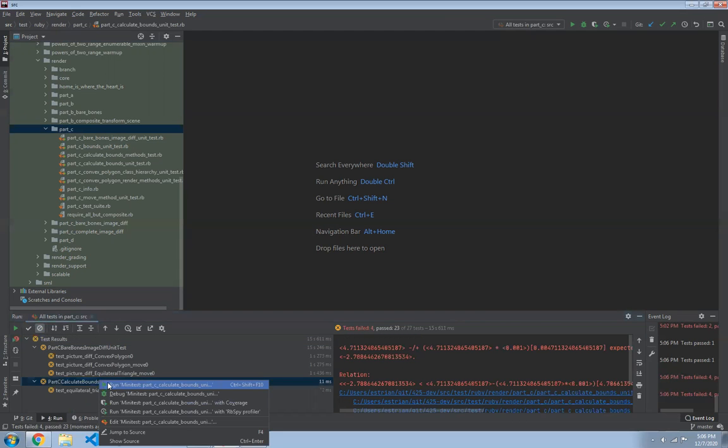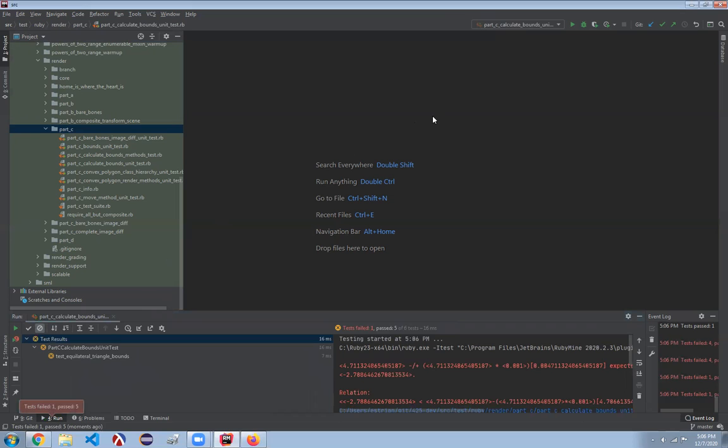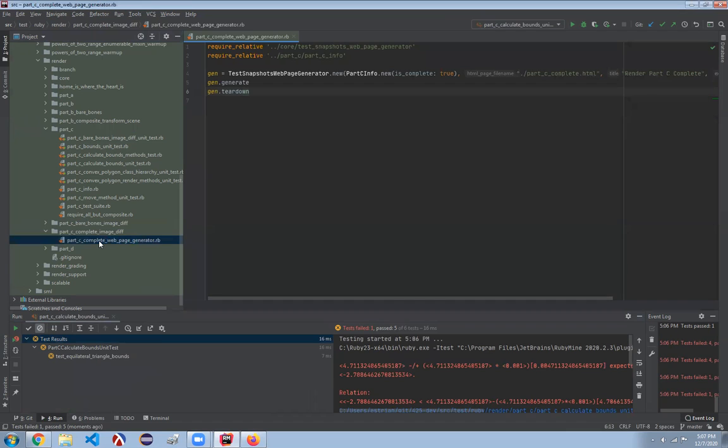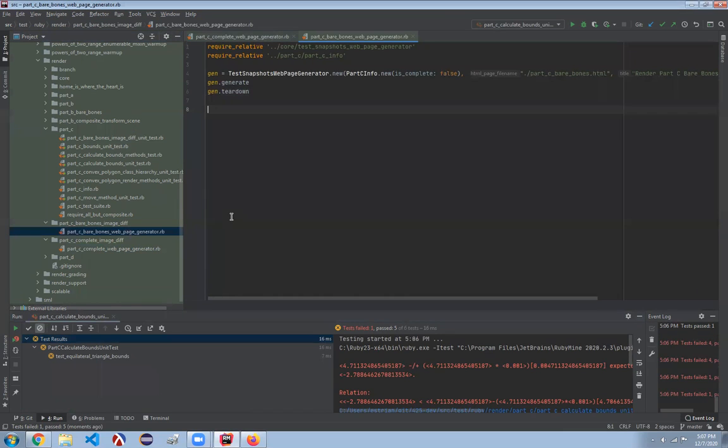Like I said, you can run it again, just that test. You can run the most recent one over here. There's a way to run new ones all the time. So there's a lot of different ways to start them, but the key is how can we effectively do this? We found this problem, and there are two different versions of the image test. We can run the complete one, which will take forever, or we can do the bare bones one,